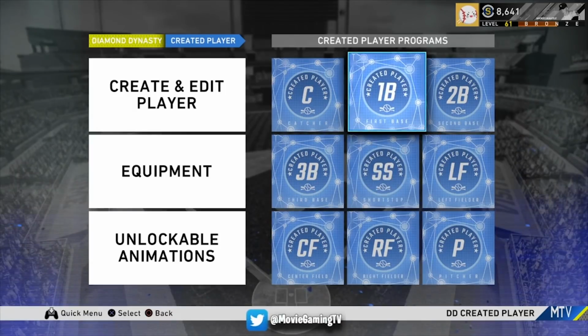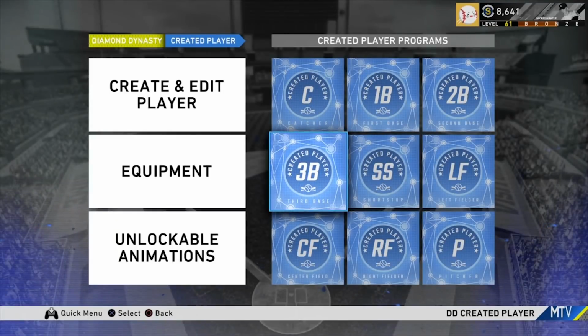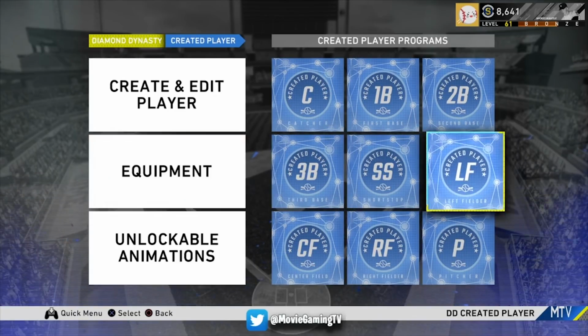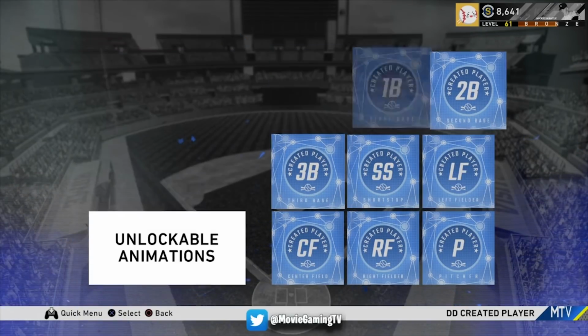It's so easy to have a good budget first baseman, especially long term, and third baseman. So I wouldn't really go there. I would go shortstop and second base. What you're really going to add is a lot of power and a great card that you can customize to your lineup. And as far as equipment goes,